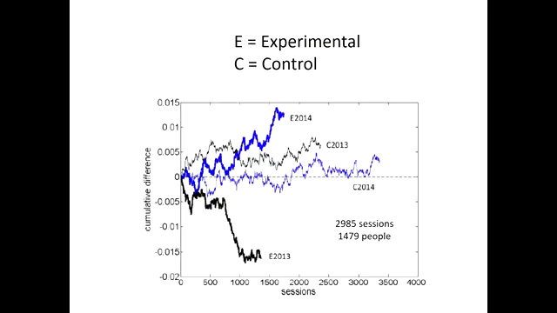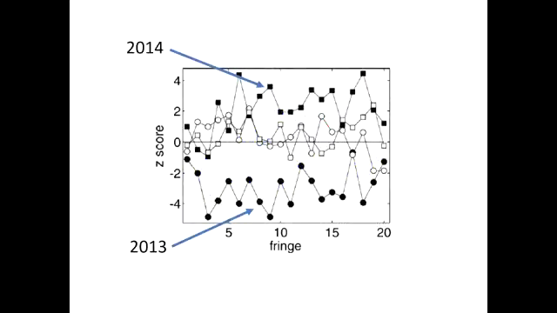So in 2013, we got a cumulative march towards fringe visibility dropping, which is what we had seen before and what we had predicted. But in 2014, it just kept getting more and more positive. And this was a big puzzle. As far as we could tell, the system was the same. It's turned on and left on for the entire year. It's never turned off. The program is the same. Everything was the same. And when you do the statistics on it, sure enough, it completely reverses. So this was a big puzzle. It took about a month for me to figure out what was happening here.